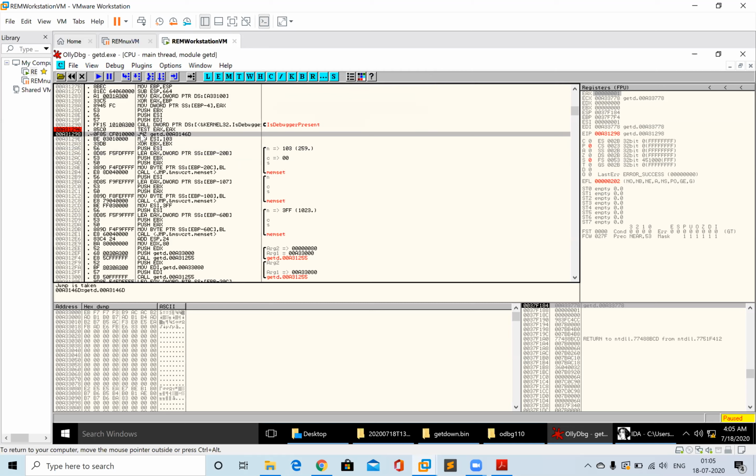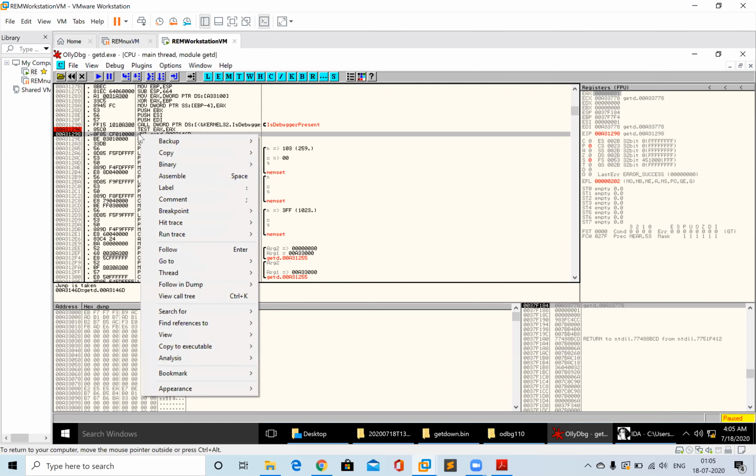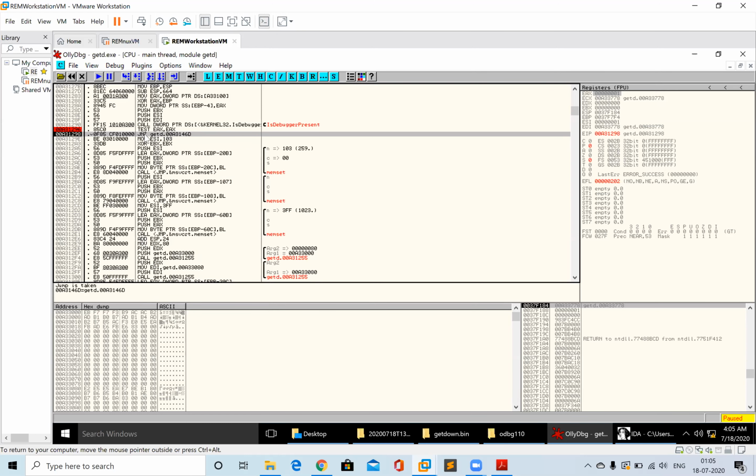But a better idea is, rather than changing the jump instruction, you just click this button, press space, and write nop over here. So nop is an instruction whose hex value is 90, and it is something like pass. You might recall that when we write the pass statement while coding in C or Python, that instruction does nothing, right? So we will replace this instruction with the nop instruction.